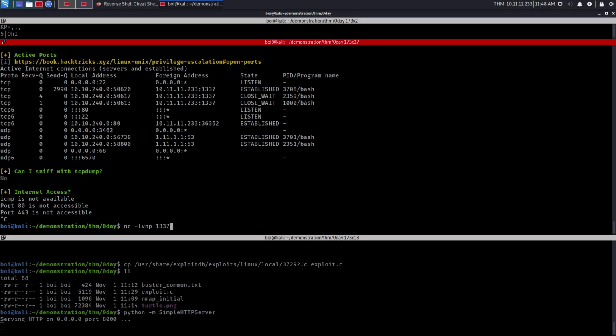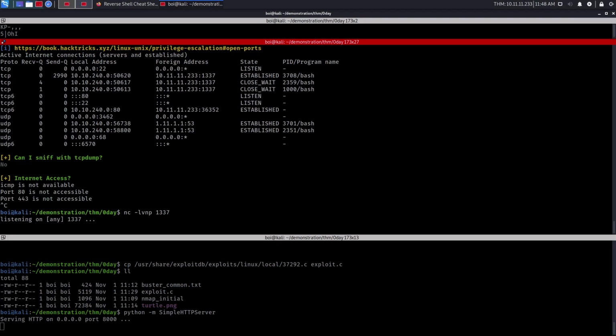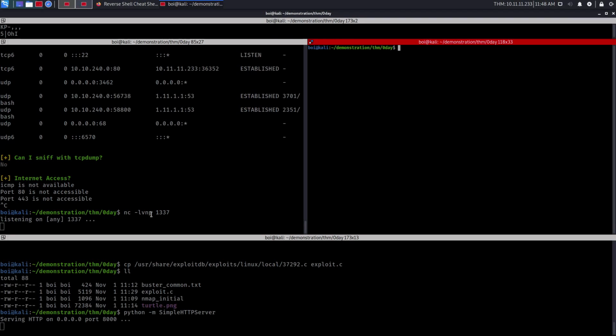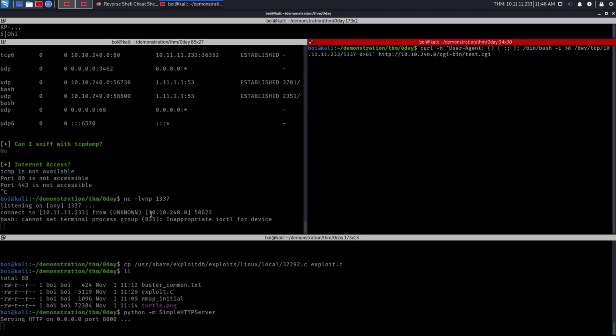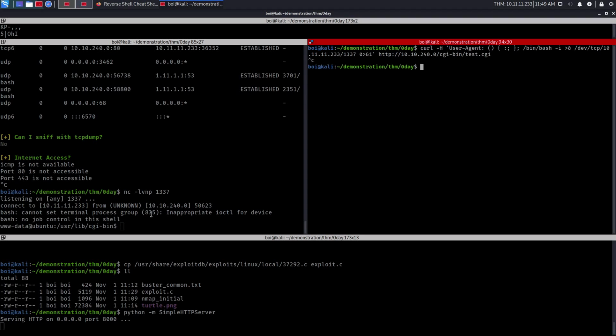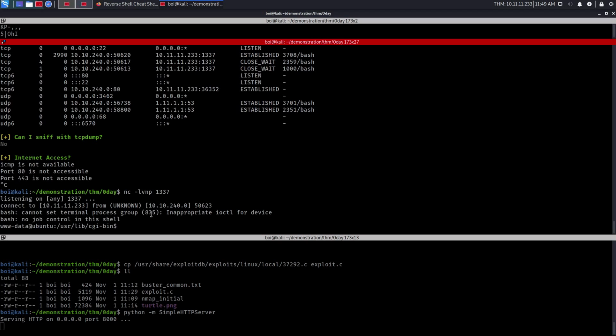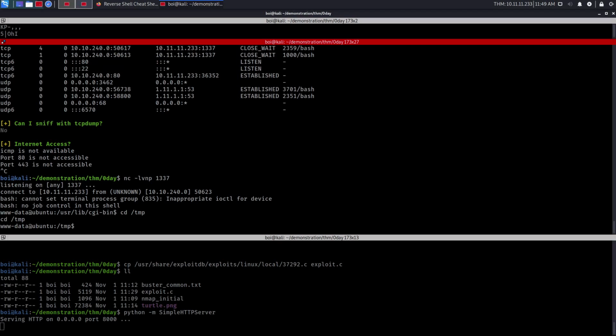Okay, I'll have to start the listener again and I'll have to repeat the entire process. And we have our shell again. So now that we know what we have to do, I don't have to run the scan again because I know that the kernel version is clearly exploitable. So I'll just go to the TMP directory again because that's where I like to download the stuff, so that when the machine reboots, the TMP directory gets cleared. Okay, so I have got my server set up.